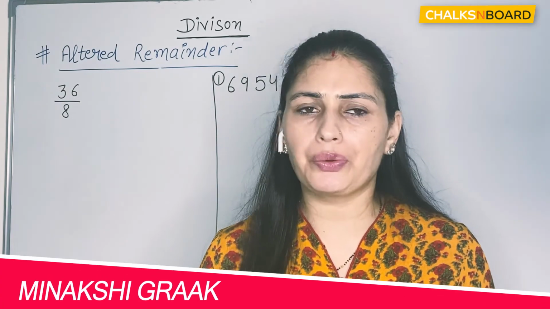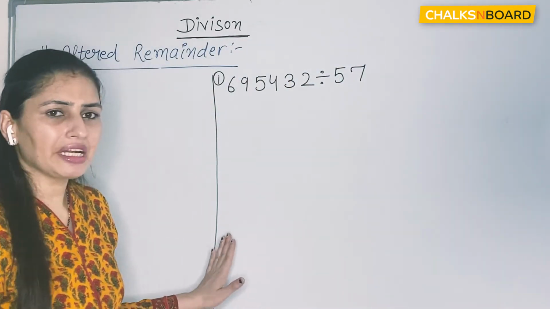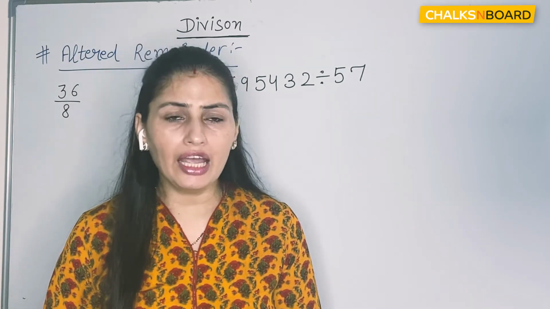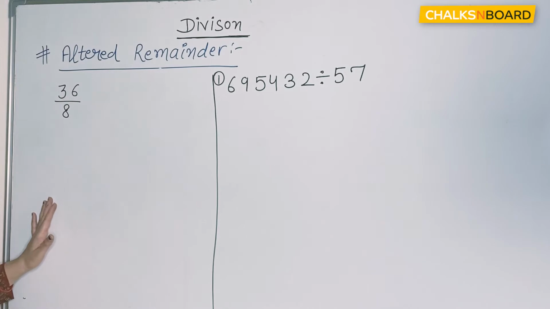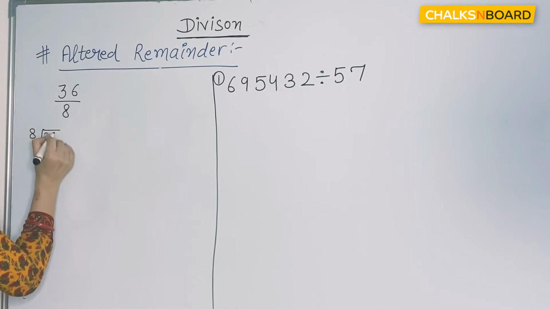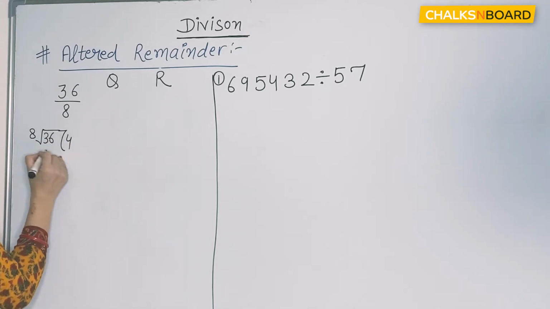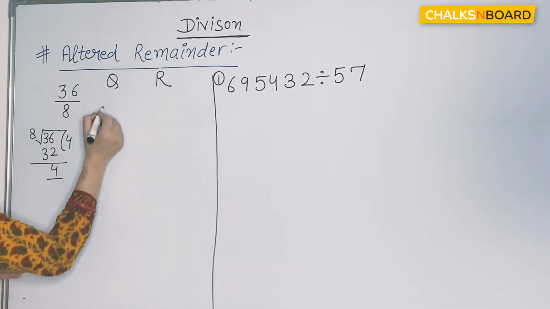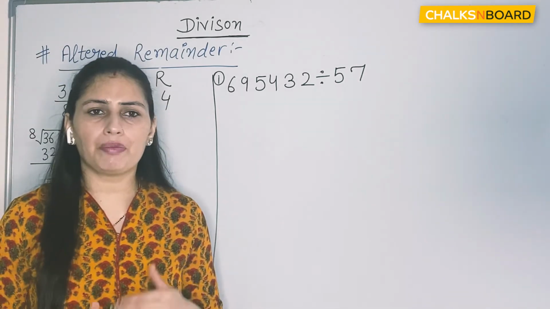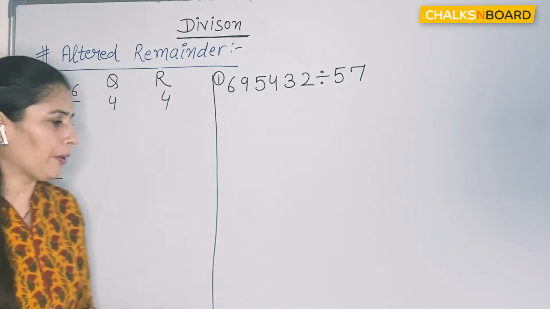What is the altered remainder and how do we apply this division trick? Let's see. Altered remainder is a variation that we can use for any divisor in any variation. So let's see. First is 36 divided by 8. If we divide 36 by 8, what is our quotient and what is our remainder? Find out. 8 4s are 32. That is 4 is our quotient and 4 is our remainder. But if we want to decrease our quotient by 1, what impact does it have on our remainder? For example,